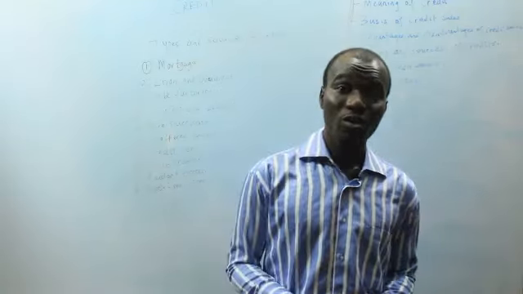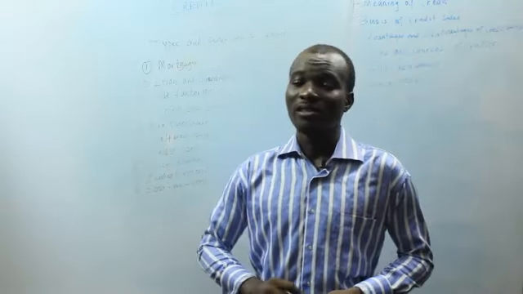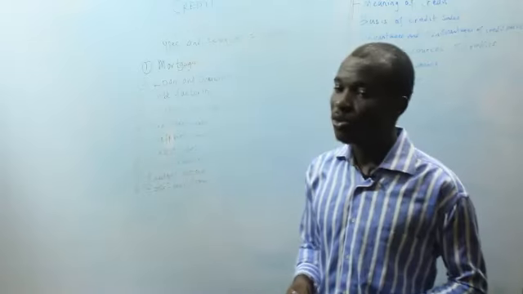So whenever the credit sale is being granted, what happens? The person to whom the goods are being sold will have possession. Such goods will be in the possession of that person. That person will be making use of the goods, but really he is not the owner of the goods until he finally pays the final instalment. The final instalment, that is when he becomes the owner of such goods.